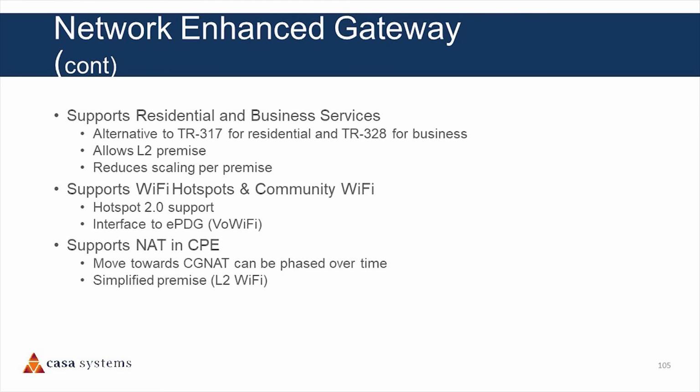It allows for a complete, as I said, layer 2 in the premises, and it also reduces on a scaling basis. Now you think about it today, you've got all these MAC addresses coming in from all these locations, and people have MAC address scaling and all these other access network problems. If you start putting these people in, for example, a GRE tunnel, you've just taken your MAC address space down by an order of magnitude, because now each home is one MAC address, not a whole plethora of MAC addresses. And that's still operating at layer 2, by the way. You don't have to have an RG to make that happen.